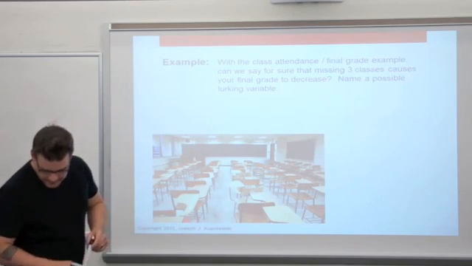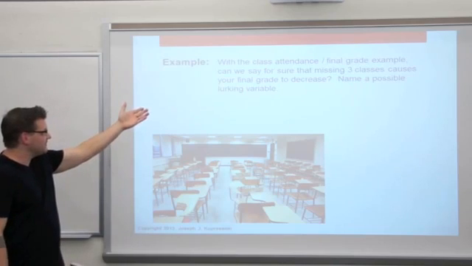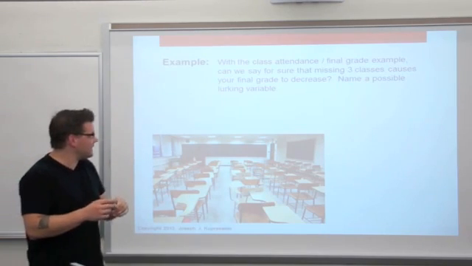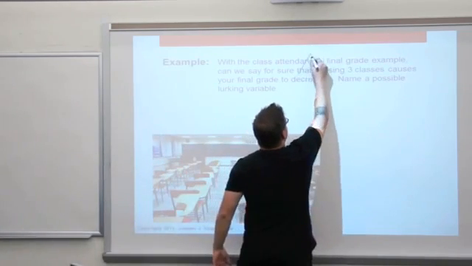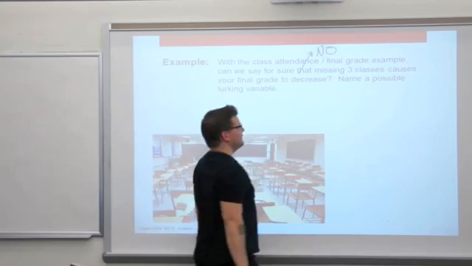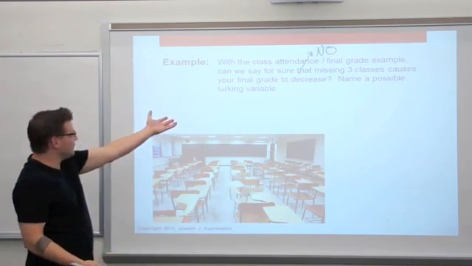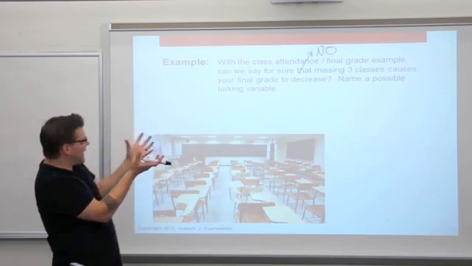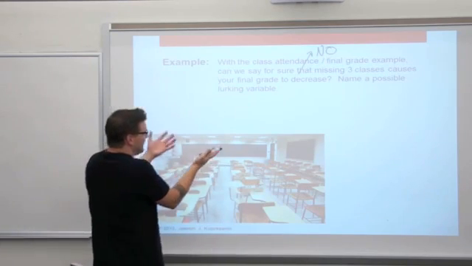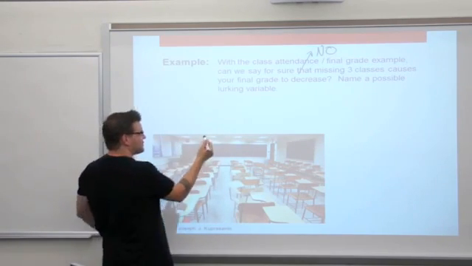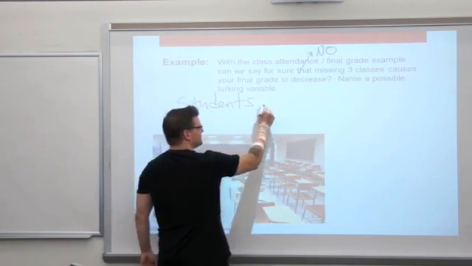Back to the 3 examples. The class attendance and final grade example. Can we say for sure that missing 3 classes causes your final grade to decrease? Easy, this is the 2-letter answer, right? Can I say for sure if you miss 3 classes that your grade goes down? I can't. What might be a lurking variable? A variable in the background that's sort of affecting grade and attendance. One I thought of, and there's a bunch here, is students who skip class